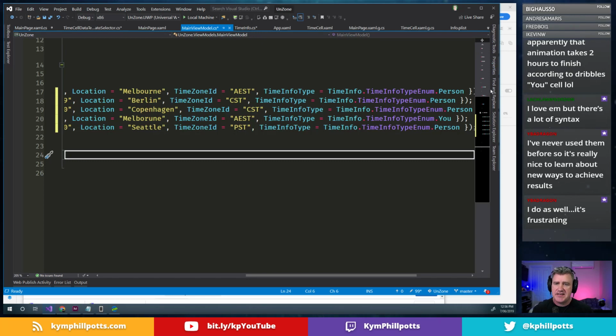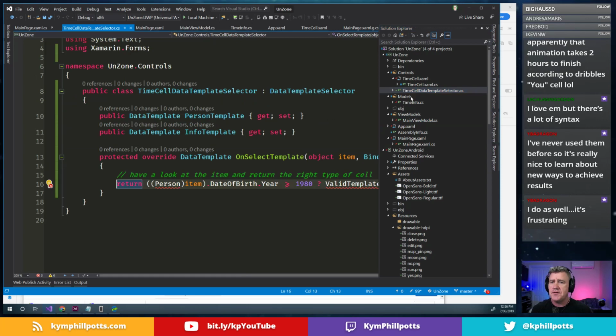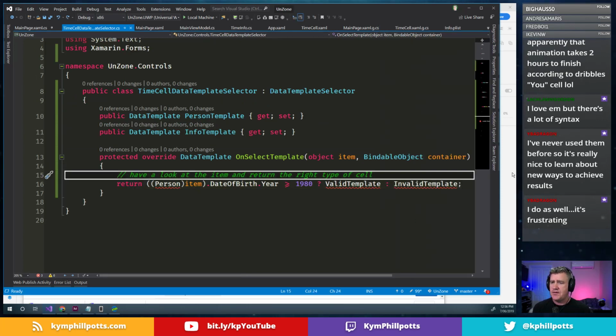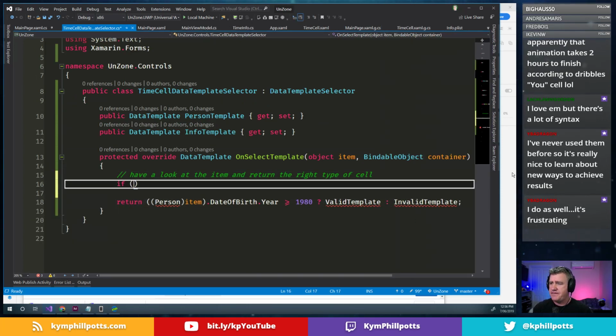And then our data template selector wants to have a look at that property. We basically want to say if this is going to be a time info item dot